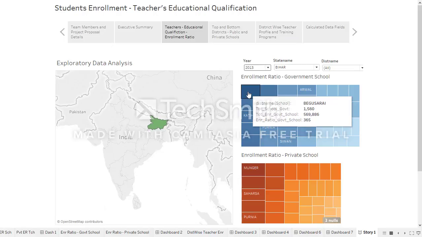which is, so from our understanding, when we mean enrollment ratio in a government school, the way we have calculated is the total number of enrollments and the total number of schools in that particular district. So from our understanding, we believe that if the enrollment ratio is low, it has a good, what do you call, equal spread of